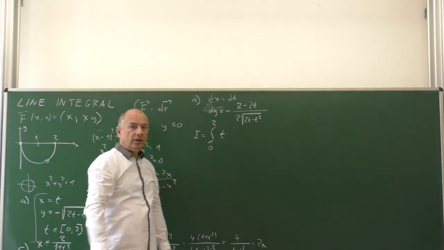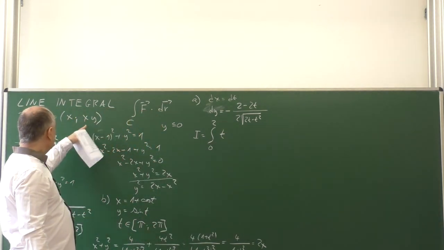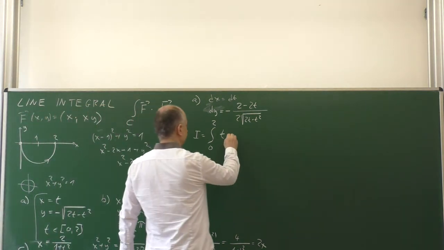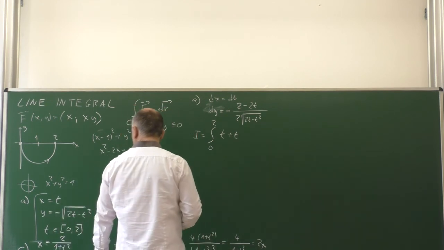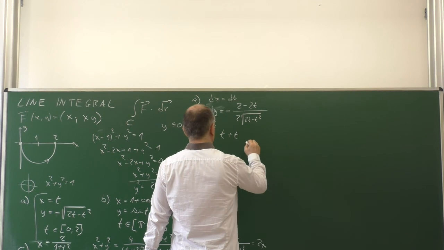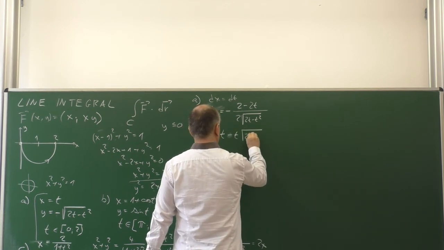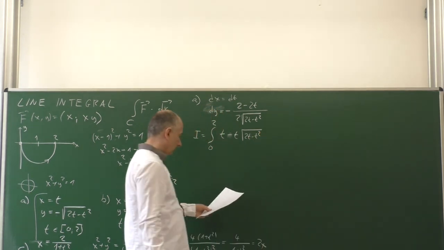We will write dt at the very end, plus f2, which is xy, x is t, y is minus square root, so we write minus square root of 2t minus t squared, dy,